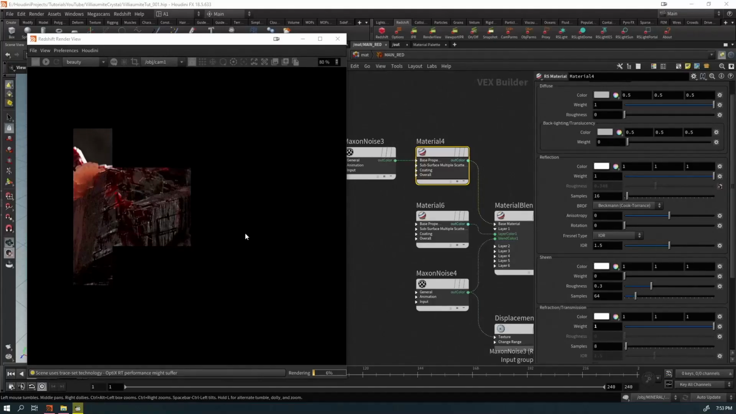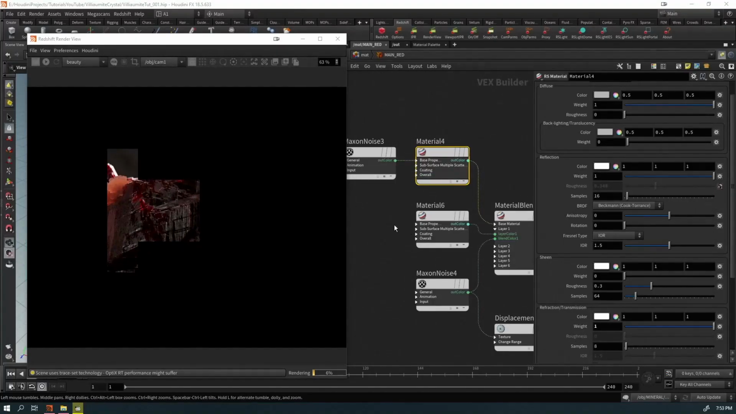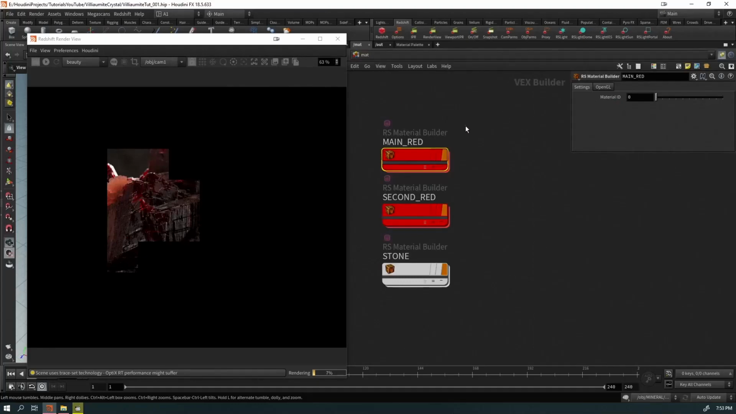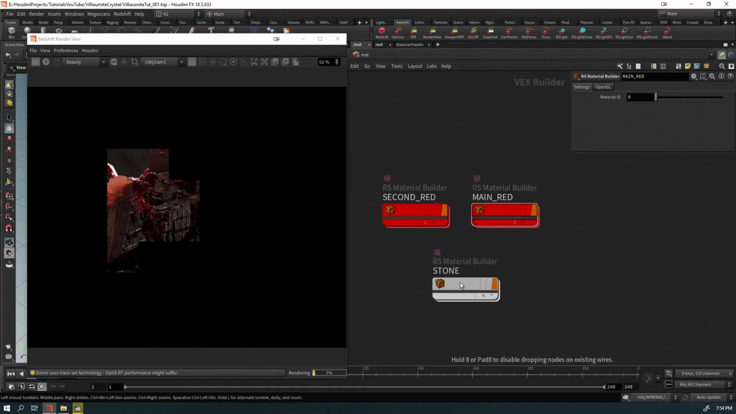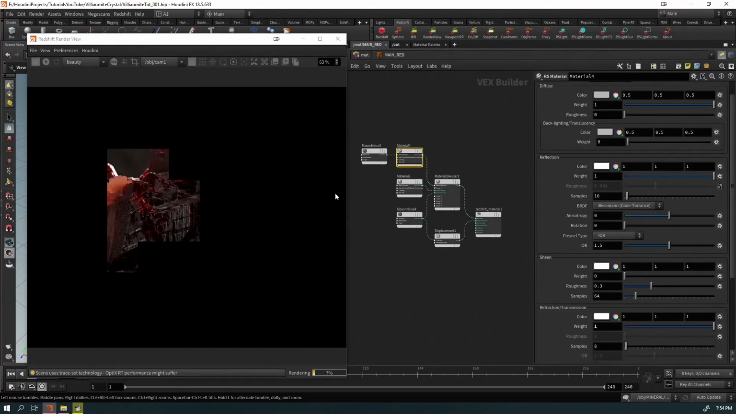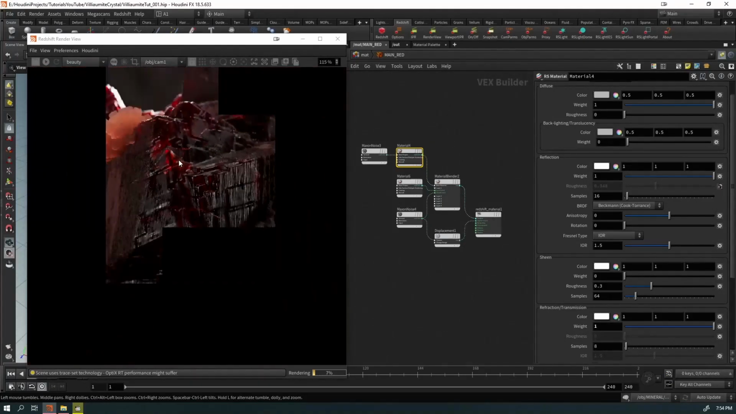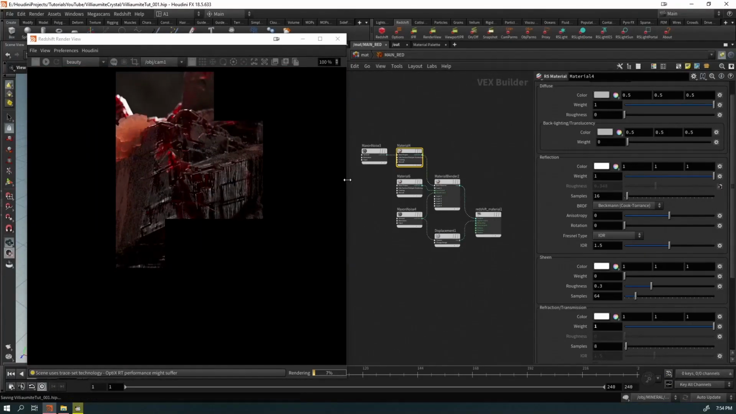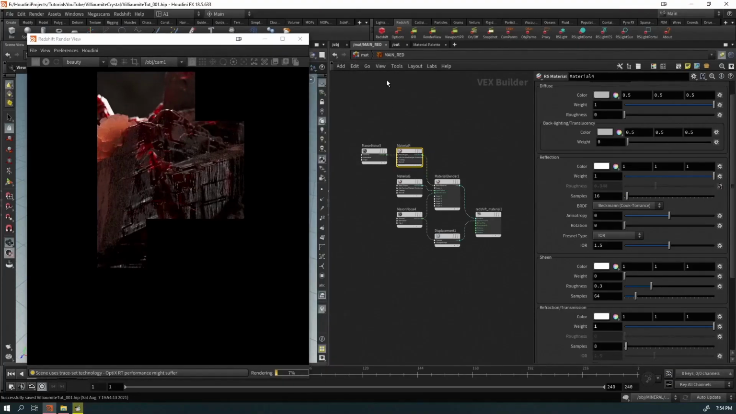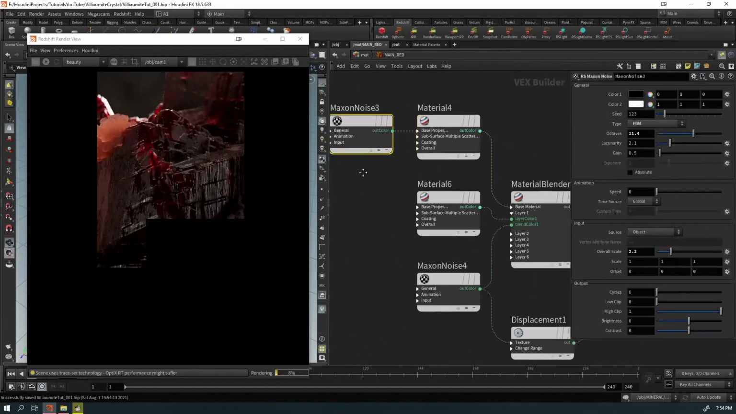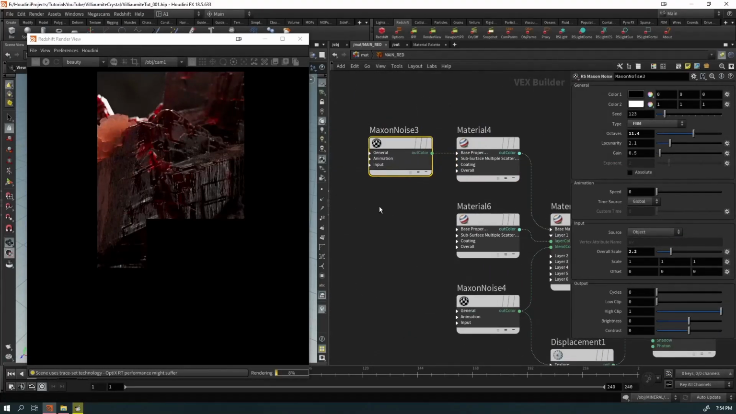Okay, so I let that one render, and I was still not happy with the results, so I just deleted every material and set it up from scratch again. It is the same technique, so I'm just gonna walk you through the materials. And this thing is being rendered as we speak, and we can take a look at what's happening. The setup for the main material is still the same. The only thing I changed is I actually included another Maxon noise here for